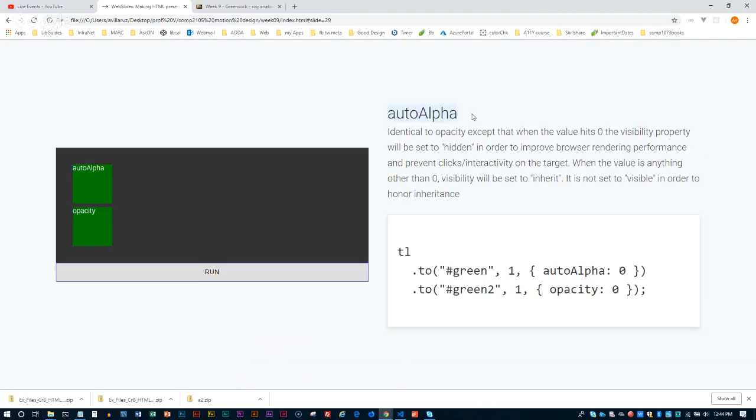Auto alpha, I touched upon this last week. It's identical to opacity, except that when it hits the value of 0, the visibility property will be set to hidden. Whereas if you were just using plain opacity, the DOM element is still there. And to demonstrate that, what I've done here in this example is I've attached addEventListener clicks for both